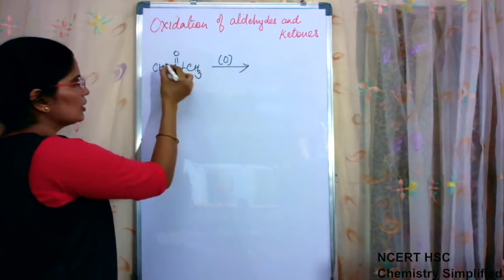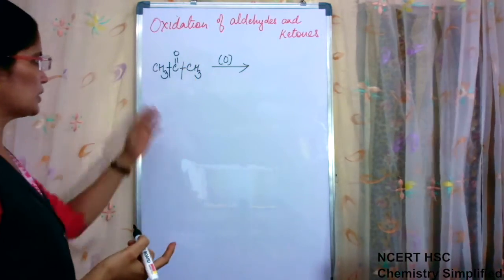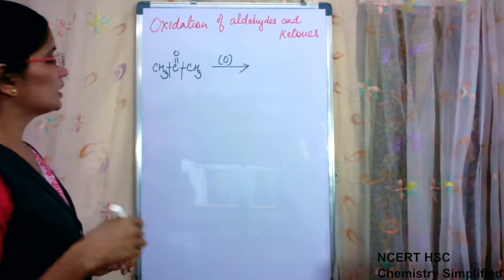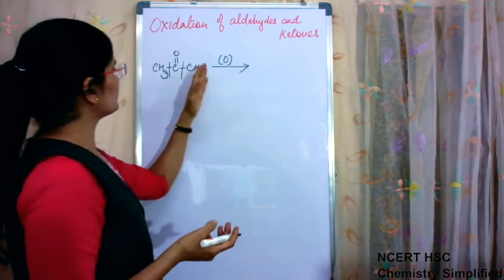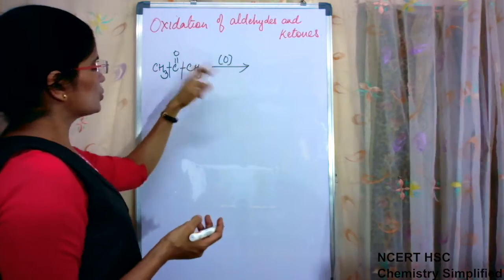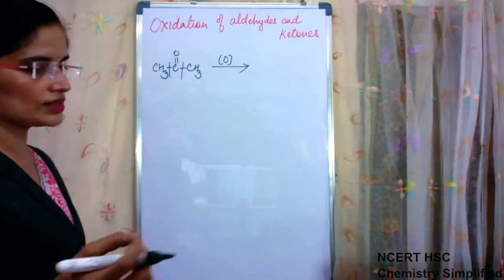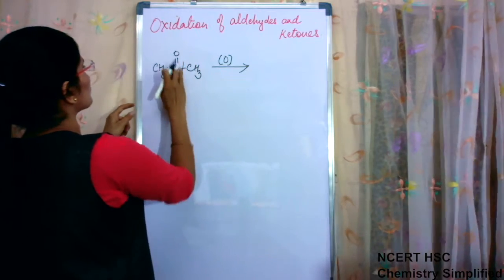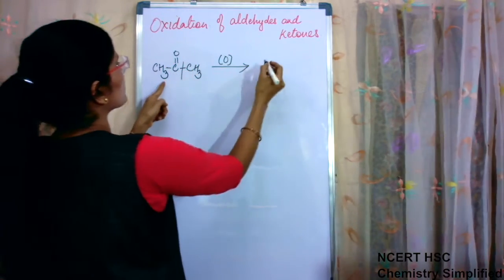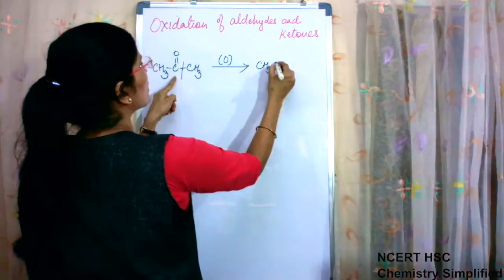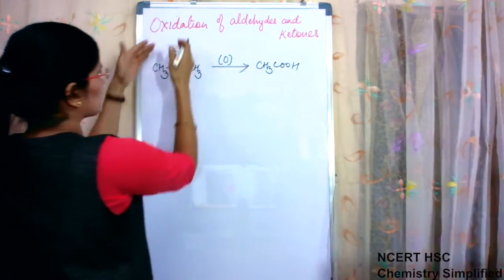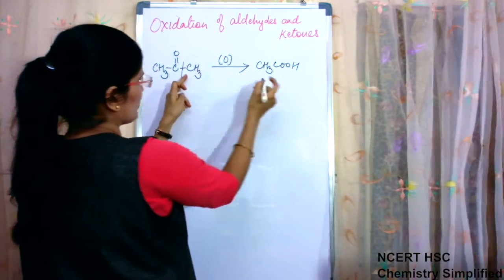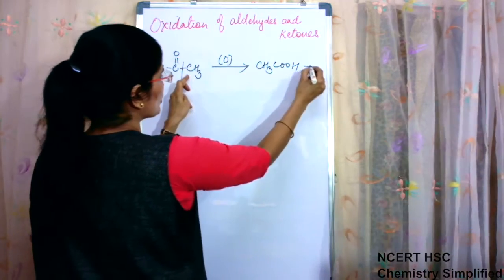Either this bond or this bond has to be broken. Out of the two, any one bond will be broken and then only it can be oxidized to form an acid, because acid is a terminal group. So either this bond is broken, suppose this bond is broken, then it will give CH3COOH. This part will give one acid and the remaining part is having one carbon. So this will form